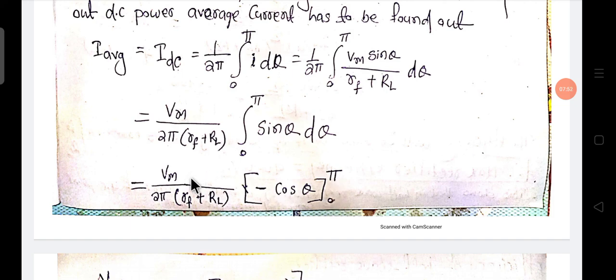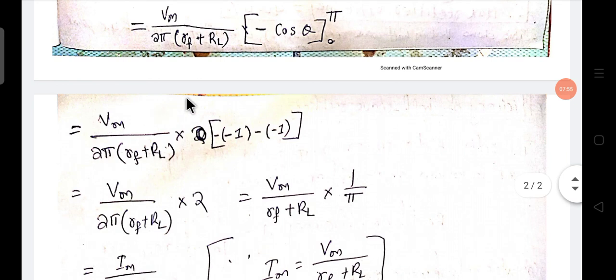Okay, then we put the value of theta, which is 0 and phi, which is 0 and pi. Here the cos pi value is minus 1, since it is minus cos theta. So minus of cos pi is minus 1, and here in the limit, you can apply what,